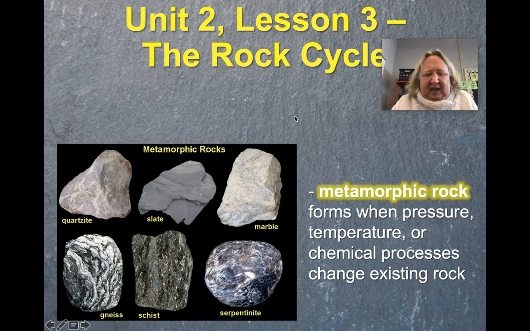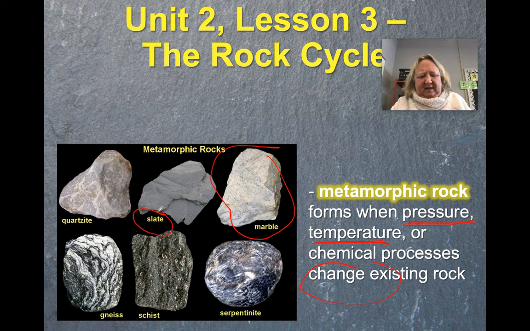Okay. And then last is metamorphic. Now, you might have remembered this from last lesson when we talked about the way minerals form, temperature and pressure. Okay. It changes. I don't know all your superheroes, but when they morph into something else, morph means change. So when they change into something else, that's metamorphic. Marble is probably one of the most common, or slate. They used to make roofs out of slate.